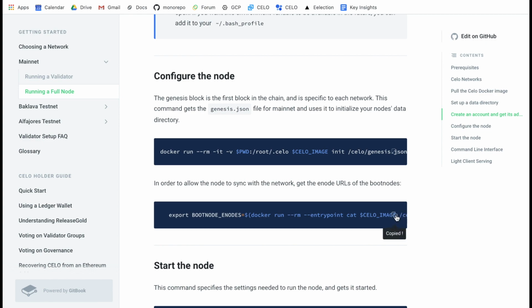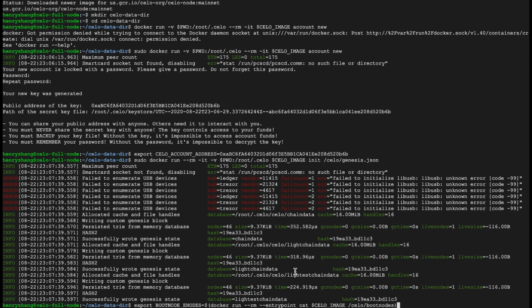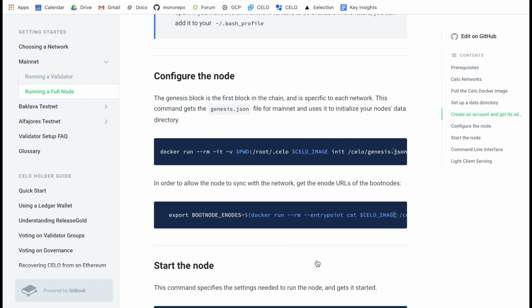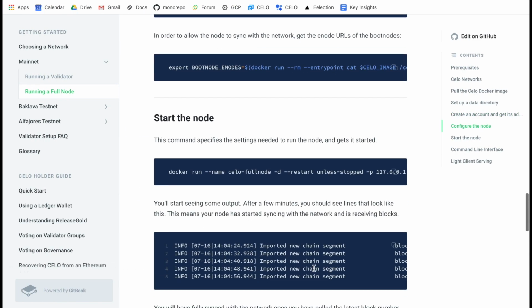Okay, so now we copy this command and paste. So let's see if there's anything that called Docker run. There is something called Docker run. That means we need to add sudo in front of it. We hit enter. Okay, now we have the boot nodes set up, ready to move on to the next part, which is to